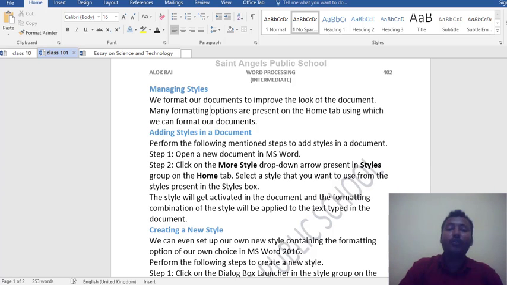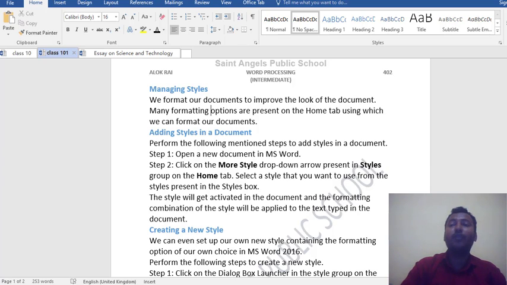First, we need to know why we use style in our document. We format our document to improve the look of the document. Many formatting options are present on the home tab, using which we can format our document.